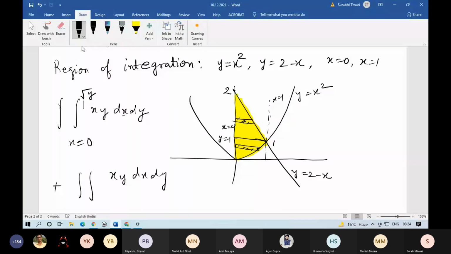Now the value of y कहाँ से कहाँ वैरी कर रही है, from 0 to here, so 0 to 1. ये हुआ फर्स्ट रीजन।